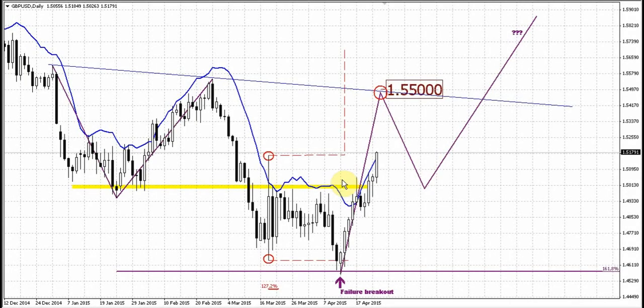Greetings everybody, guys. Today we again will take a look at the Great British Pound, because last week we talked almost the whole week on the euro currency. But on the Great British Pound we also see a very interesting situation, especially on the higher time frame charts. That's why I think that the weekly research, and especially the discussion of monthly and weekly pictures, could be really interesting for you. The point is that it's really amazing consequences of different patterns that are forming right now